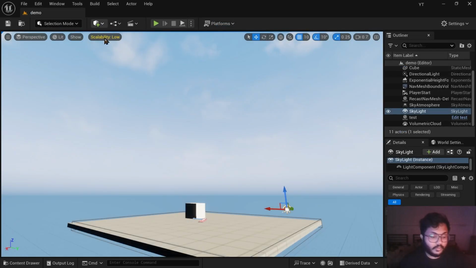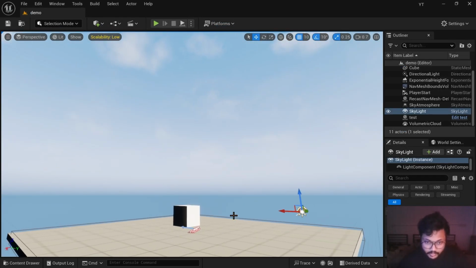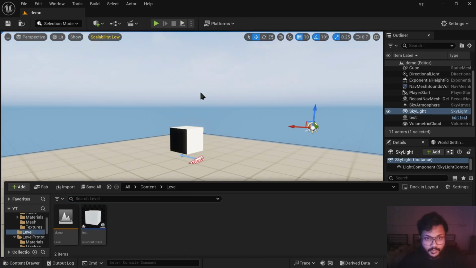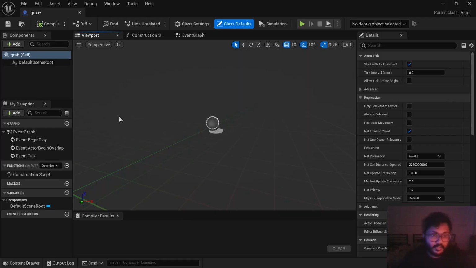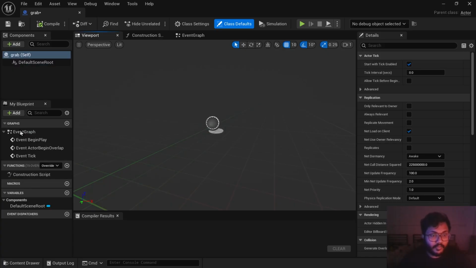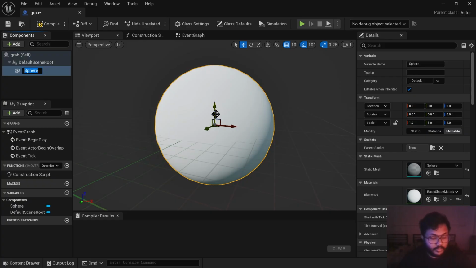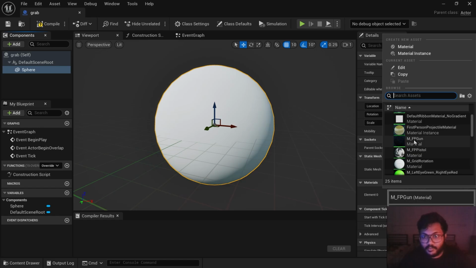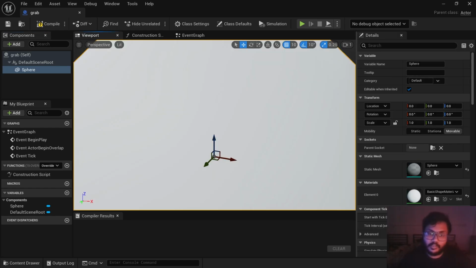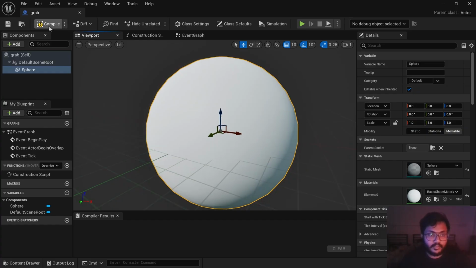Now I will tell you about adding a grabbable object. So we can add a new blueprint that is an actor. Like I'm naming it grab, opening it. I can add here a static mesh, the sphere, save. I can change material from here. I will tell you how to make material in this video only. Okay, so this is a